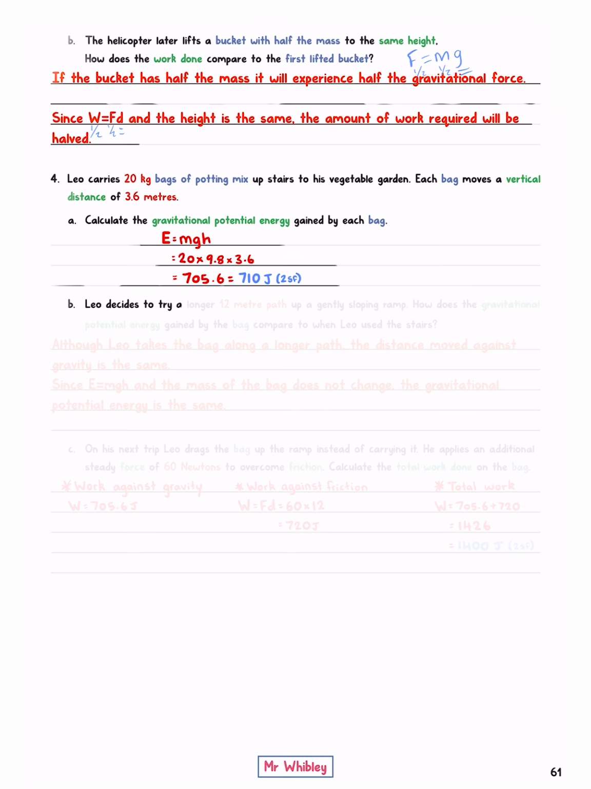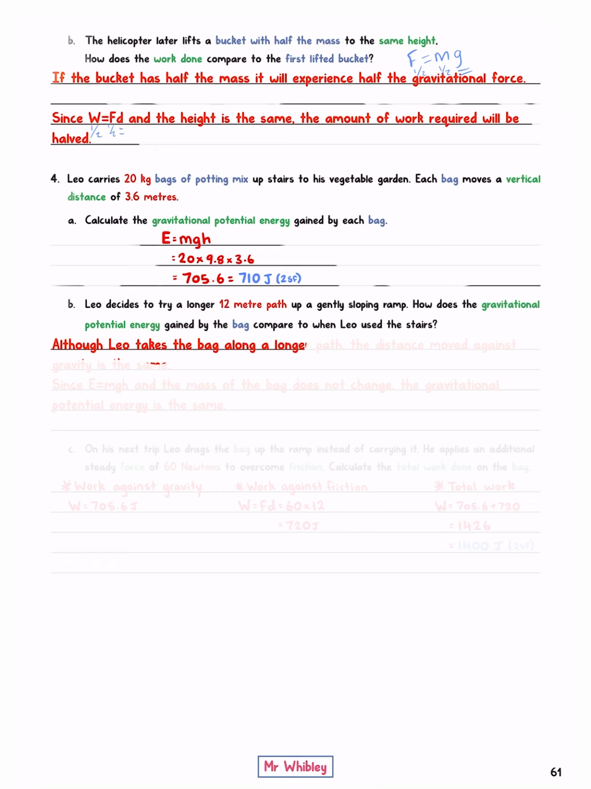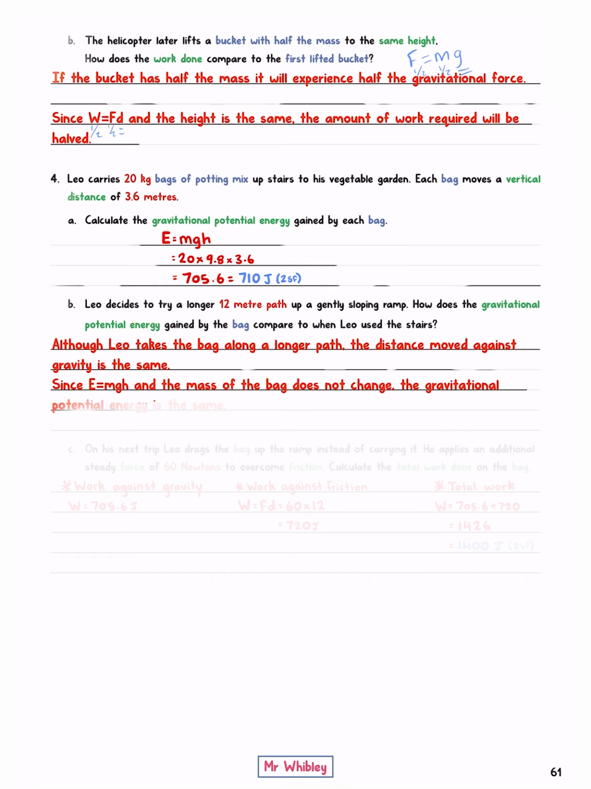Leo decides to try a longer 12-meter path up a gently sloping ramp. How does the gravitational potential energy gained by the bag compare to when Leo used the stairs? Although Leo takes the bag along a longer path, the distance moved against gravity is the same. Since E is equal to mgh and the mass of the bag does not change, the gravitational potential energy is